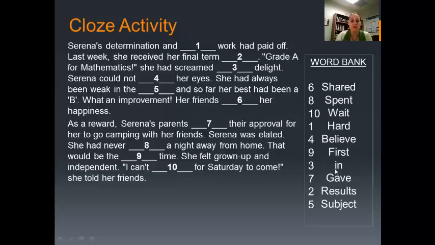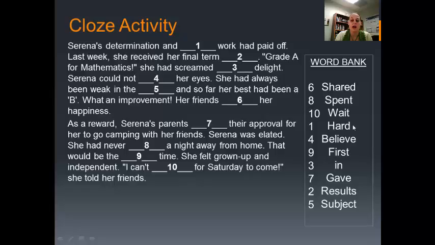And if you continue through, for example, number 3. Number 3 is in delight. So in being a preposition, right? Preposition coming before the noun. Another word that could have been entered here is with, right? And so here, what I'm hoping that you notice is that you're using your syntactical knowledge to fill in some